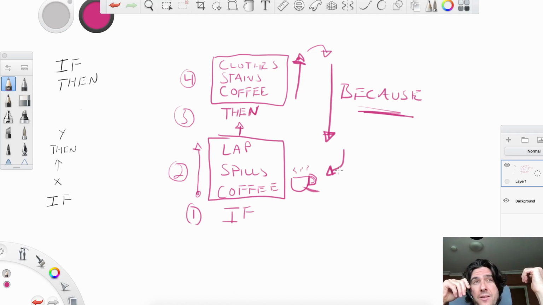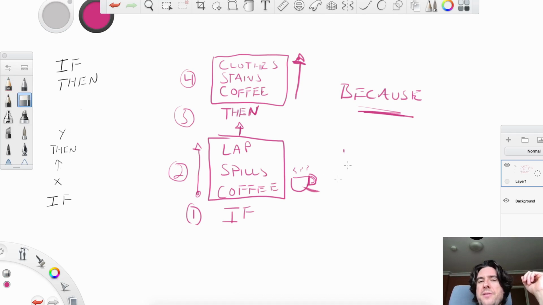Check it going from the bottom to the top using if-then, and then from the top to the bottom saying because. Now I just made a point about talking and saying this stuff out loud. Let me get rid of some of this junk for a sec. So get rid of this. This sounds silly, and you probably think it doesn't really make any sense whatsoever, and